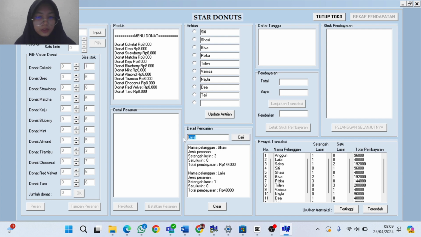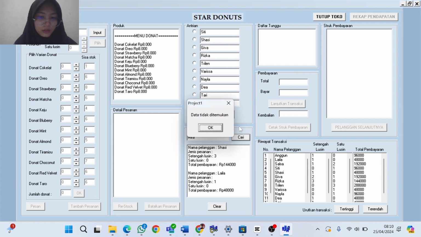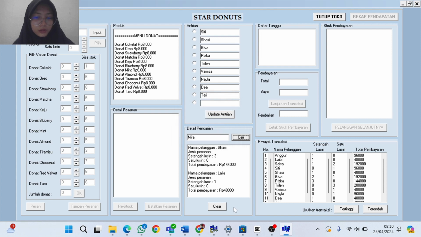For example, searching for the name Mira, the message data not found will appear because Mira never came to this shop to buy donuts. This is the button to clear the search detail list box.